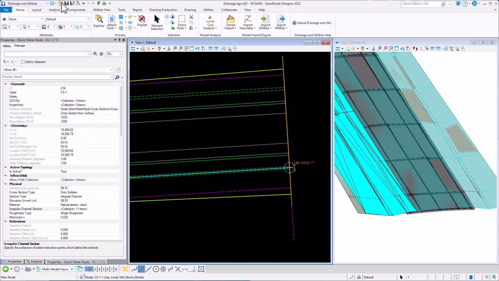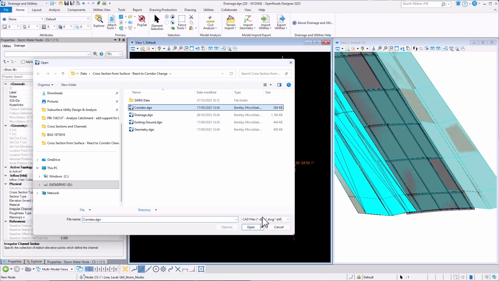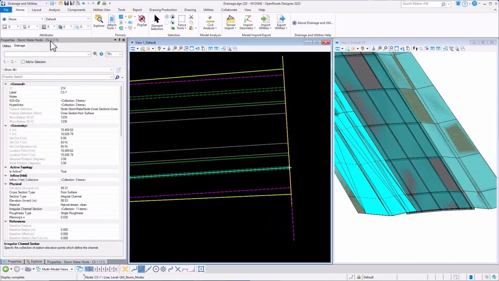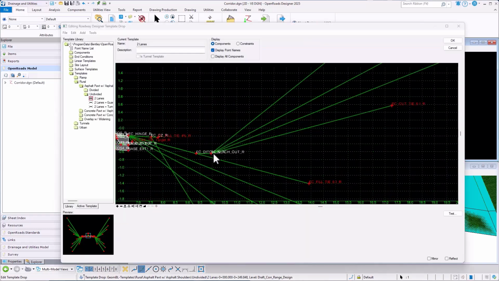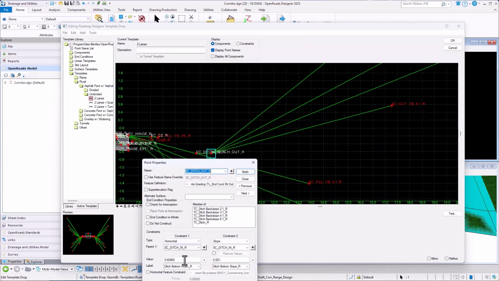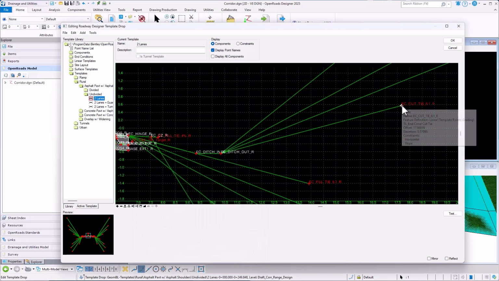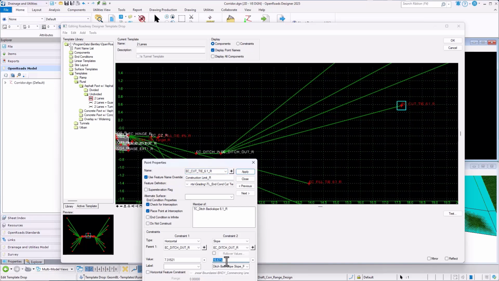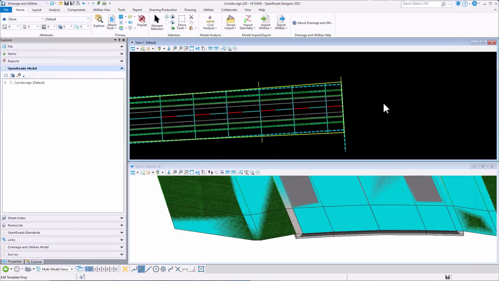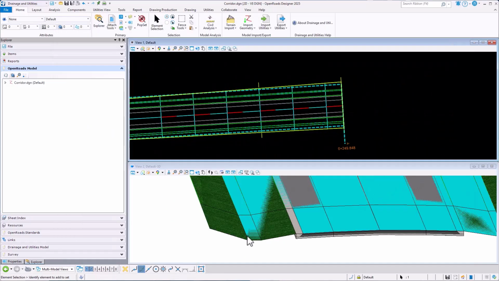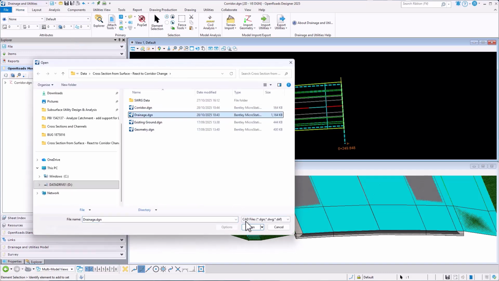So now I'll open the design file containing the corridor, and we'll edit the template drop, and we'll make the ditch a little bit wider and a little bit steeper. Okay, the template editor, the 3D model's updated, and now if we go back to the drainage file